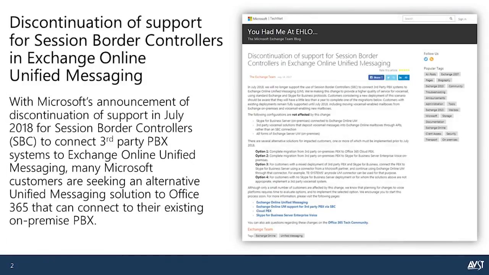I'm here to talk to you about a recent announcement from Microsoft. Microsoft announced that as part of their Exchange Online unified messaging solution, they are discontinuing support for session border controller access. What does this mean? Customers that have an on-premise PBX will no longer be able to connect into the Exchange Online unified messaging service. Customers will need to have deployed an alternative solution. And we'll walk you through a few of the options presented by Microsoft and talk to you about what part